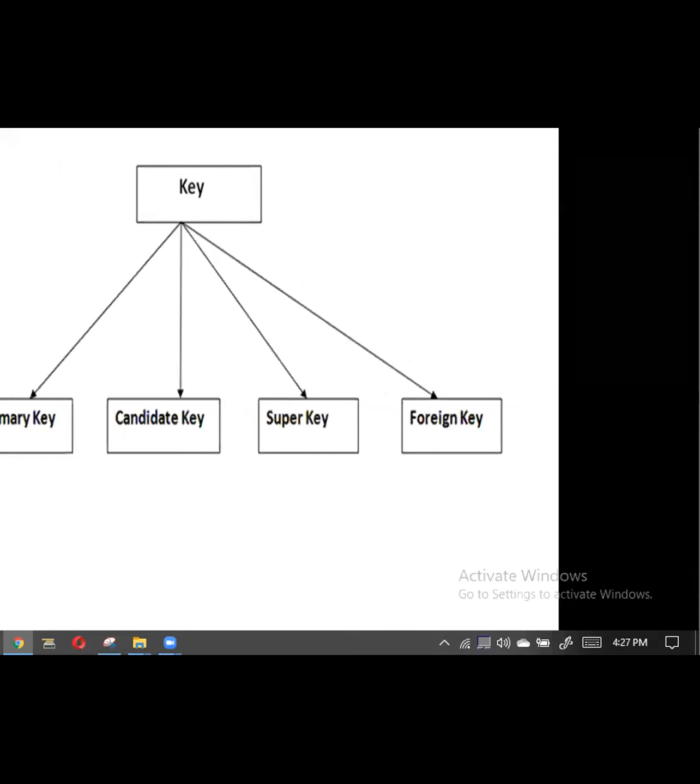Now how can I differentiate it? It is a superset of the candidate key. That means it is not the primary key, not the candidate key, it is the topper of the keys. That means it is a superset. That means to the candidate it is a super, like a parent for the student. So how can I identify this one?